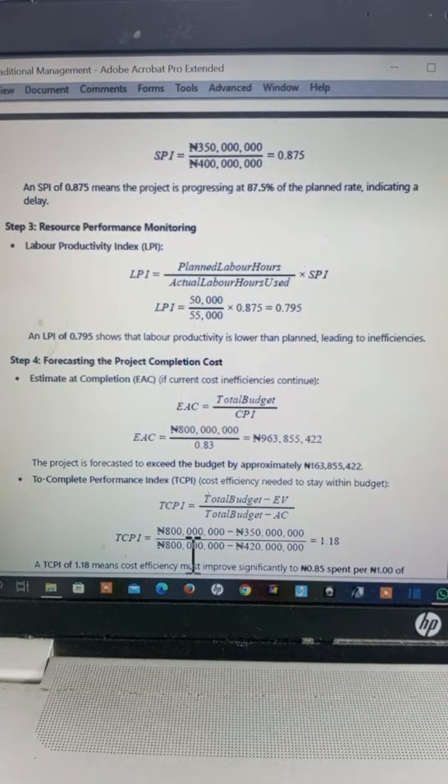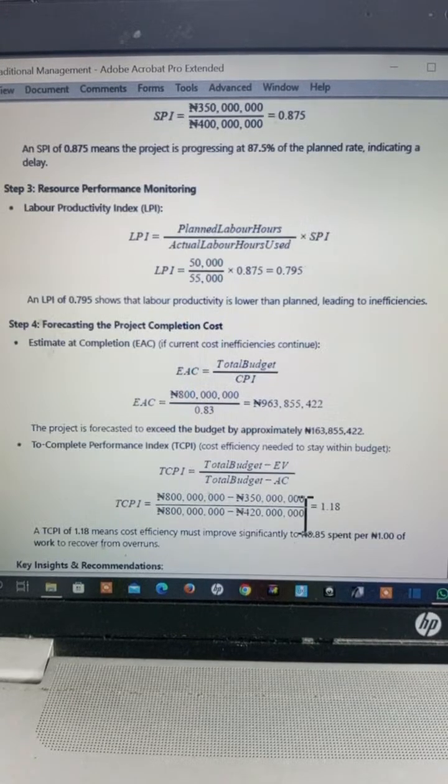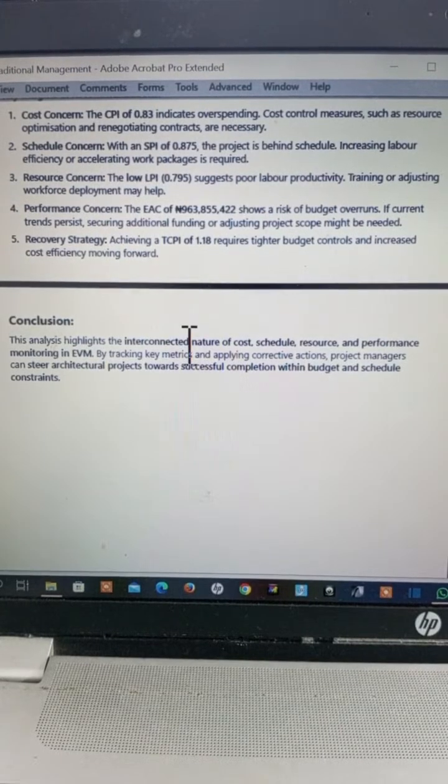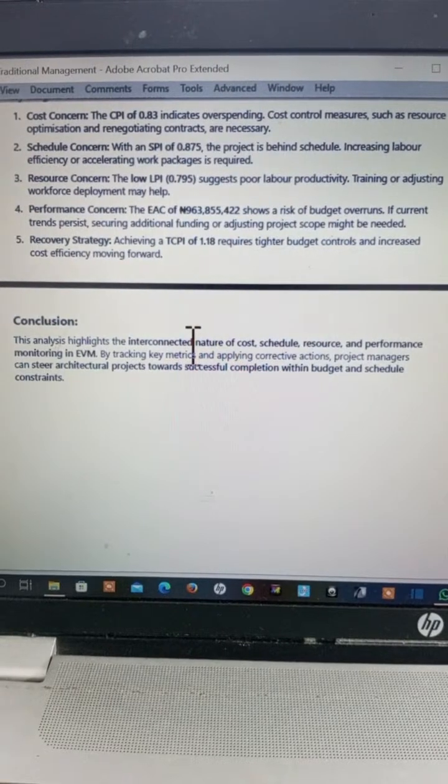So the value of your To Complete Performance Index is 1.18. You see? That means that cost efficiency must improve significantly, to 0.85 spent over 1 naira. It means that you need to improve it so that you can recover from overruns. Now, there are recommendations, okay? These recommendations will require you to